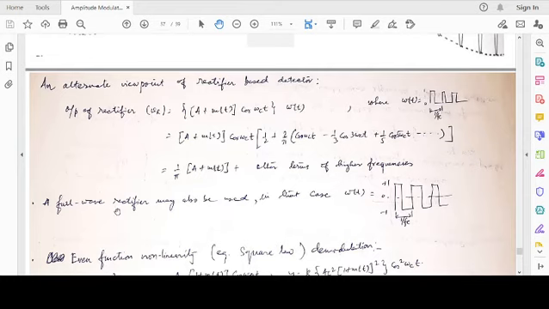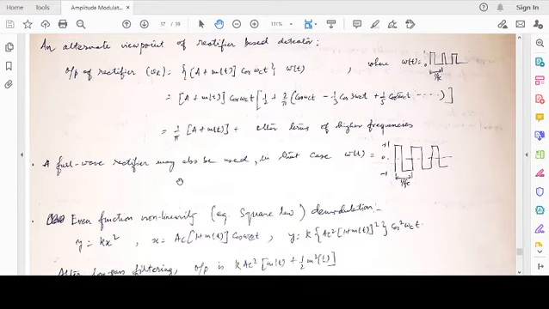You can use a full wave rectifier also, in which case your weighting function won't be a periodic train between 0 and 1, it would be a periodic train between -1 and +1. So again, same series expansion, probably you get 2 times the output. That you may work out in the Fourier analysis.